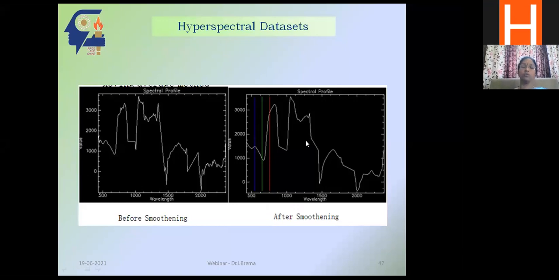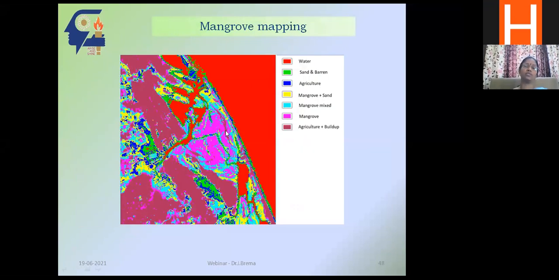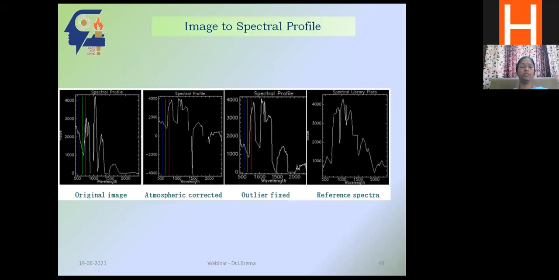Okay, based on this, you do the classification once again, so that you segregate what is the mangrove area and what is the water area, like that. Likewise, we have segregated the mangroves, and a little part is mangroves and sand. This denotes degraded mangroves. And mangrove mixed means from mangrove it is getting converted into some other form. Like that, you can easily identify what changes are taking place within a study area. Okay, so these are the steps.